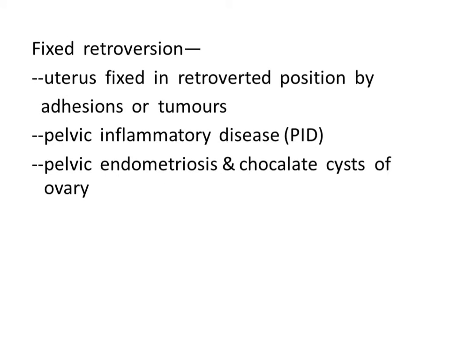Okay, now what is fixed retroversion? Fixed retroversion is a condition where the position of the uterus is fixed, it cannot be moved. It is difficult to correct this retroversion. Why is it fixed? Because there is disease around the uterus, in the pelvis. See, in mobile retroversion, there is no disease around the uterus. The defect is only in the uterus, so it can be corrected. But here in fixed retroversion,